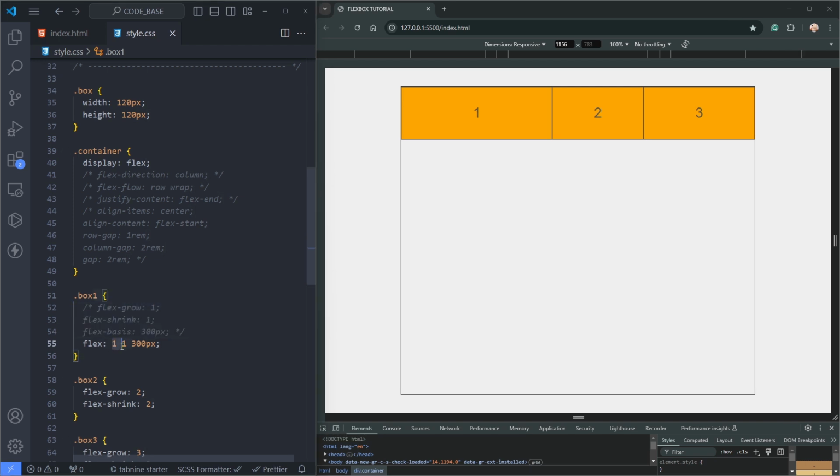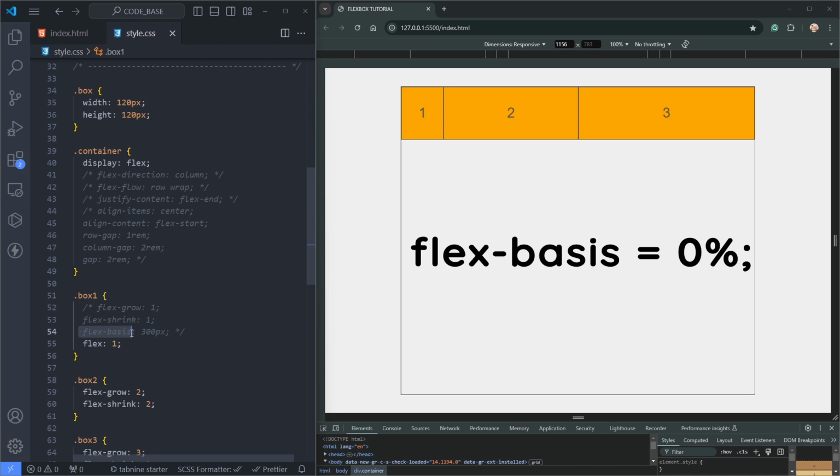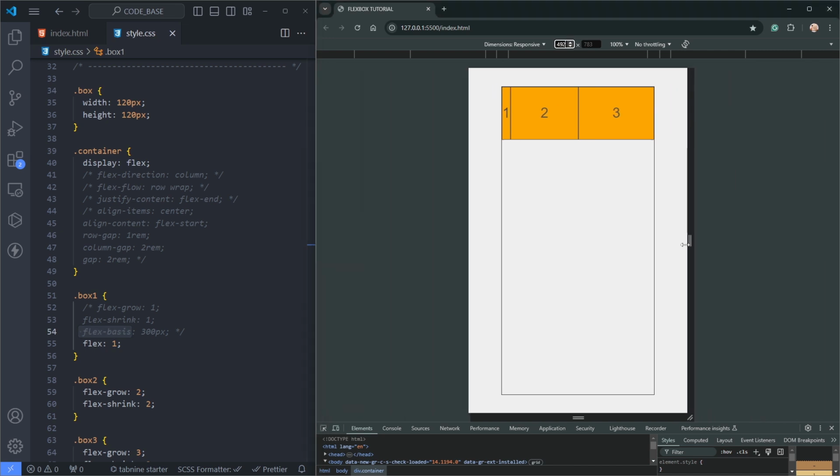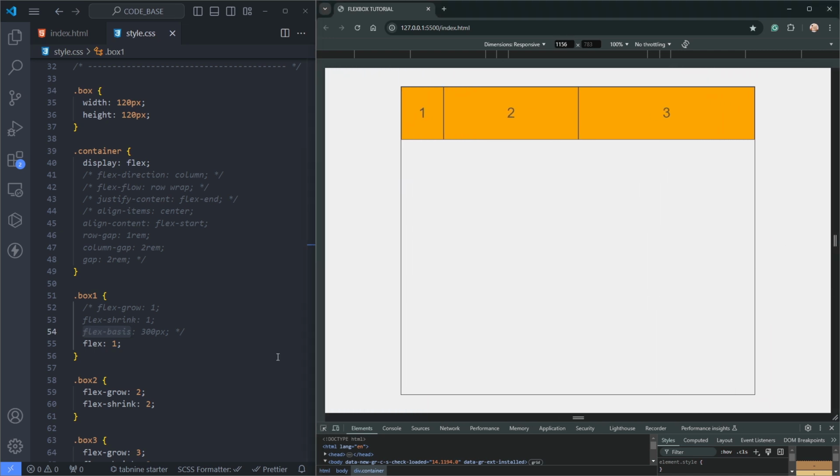The usual values provided for the flex property are 0, 1, or auto. Auto means the flex item grows or shrinks based on the available space and also takes its initial size from the width and height or from its content. The value 1, though, does not have any initial size. That means its flex basis is set to 0% and it completely depends on the flex container's available space. It grows if there is space to and shrinks if there is not. 0 sets everything to 0 and that means the flex item does not have a main size and does not